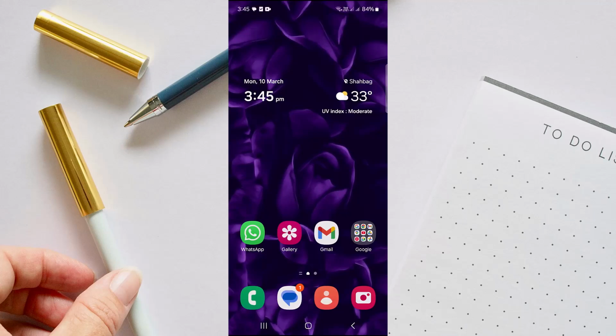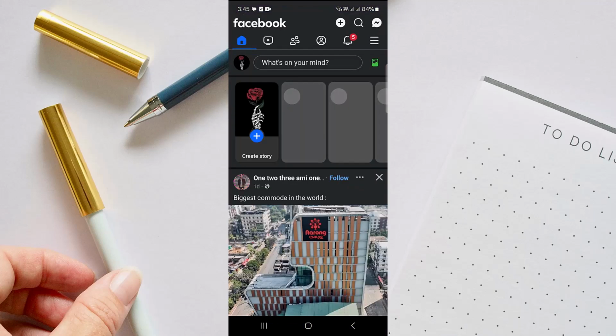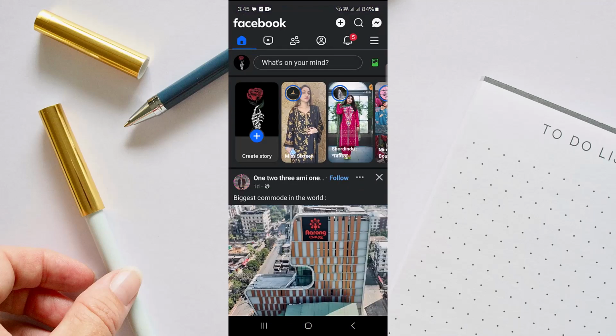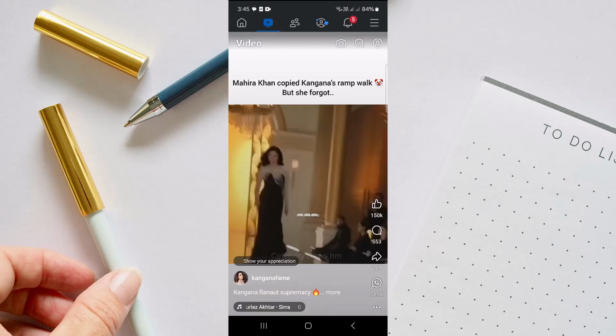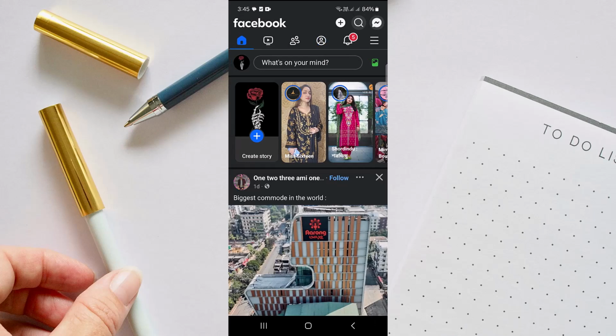In today's video, you are going to see how to fix the Facebook video problem. So to do that, let's head over to the Facebook application first. Once you're there, make sure you're logged in to your desired account and then head over to this video section. If you can't see long videos in here, what you have to do is go to the